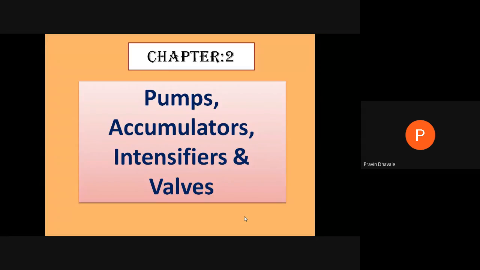The next element, that is the intensifier. Intensifiers are those elements which are used to increase the pressure